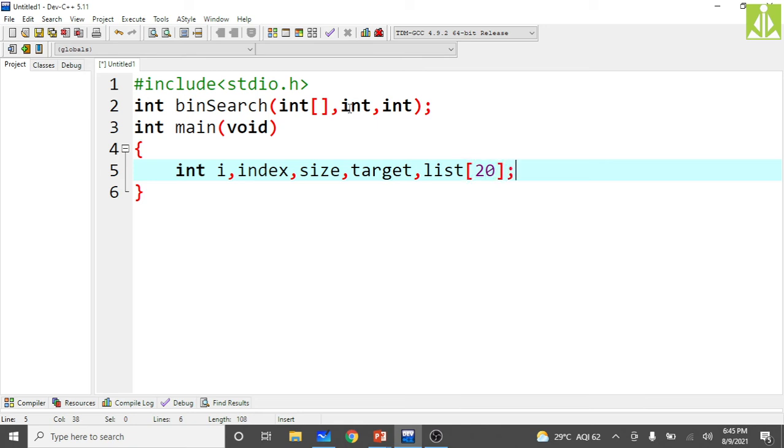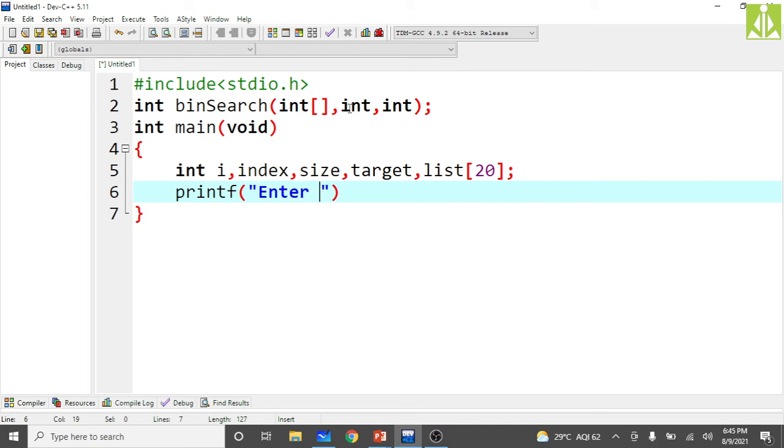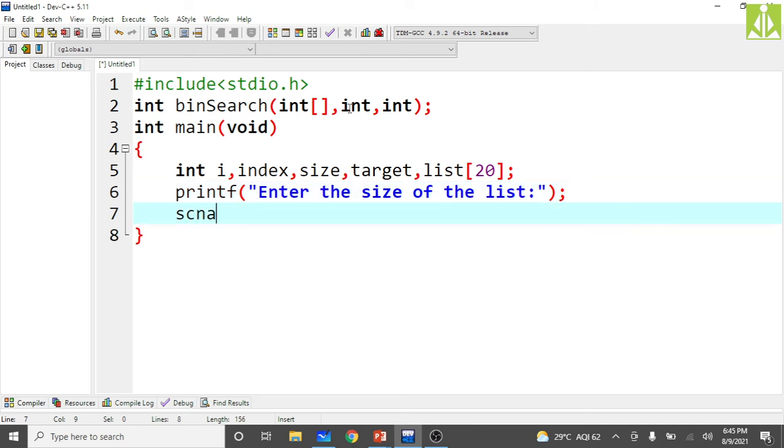So depending upon our requirement, we can take any number of elements into our list. So that thing I will read from the keyboard. How many elements you need inside your list, that thing we read from the keyboard. That is, enter the size of the list. So this is nothing but the number of elements which you need inside the list. So scanf, read that number into your size variable, percent d, ampersand size.